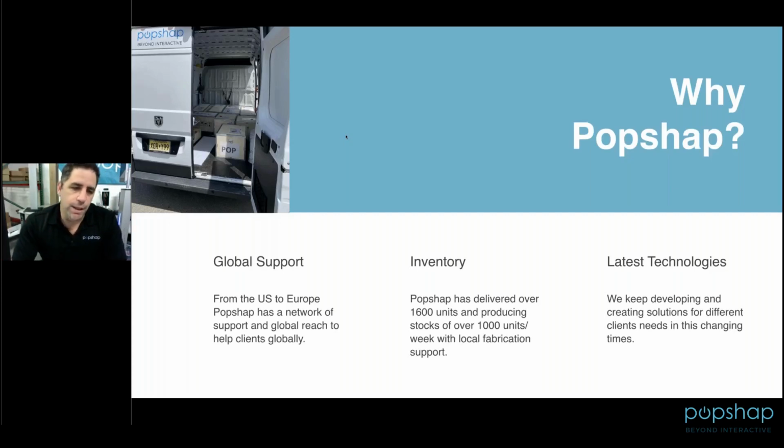The technology, the core technology is the same for a lot of our competitors. People use the same technology, whether you use mask detection, thermal sensors, body reference, or these thermal devices. The core technology we all know is the same. What Popshap has done to separate us from the herd is we added the support value, added the